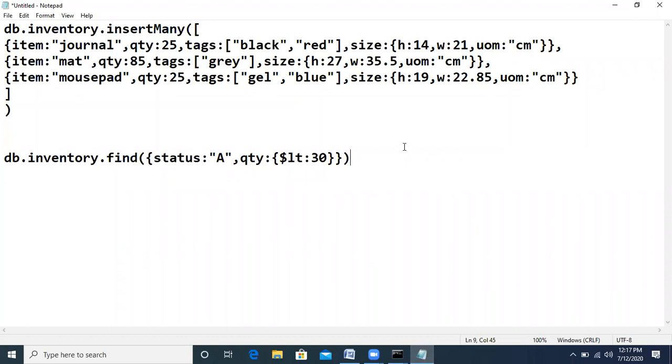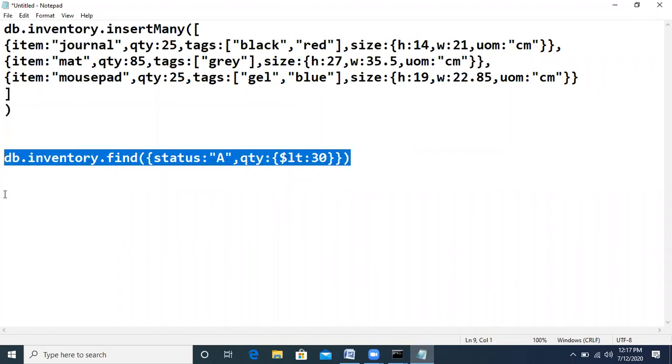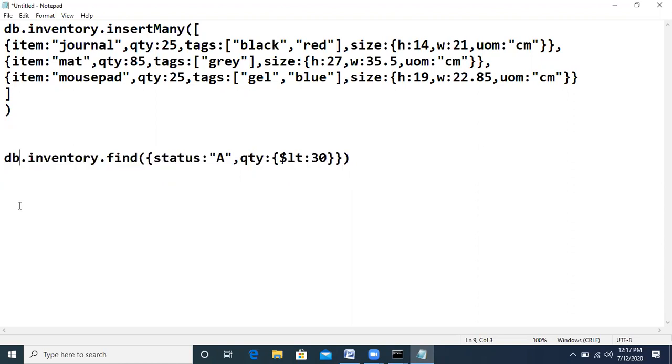So now suppose we want to use an OR condition, then we can use it like this. Let us copy this and make a few changes in it. So we write db.inventory.find. Let us change the condition inside this. Here we are using the condition with the help of the dollar sign.